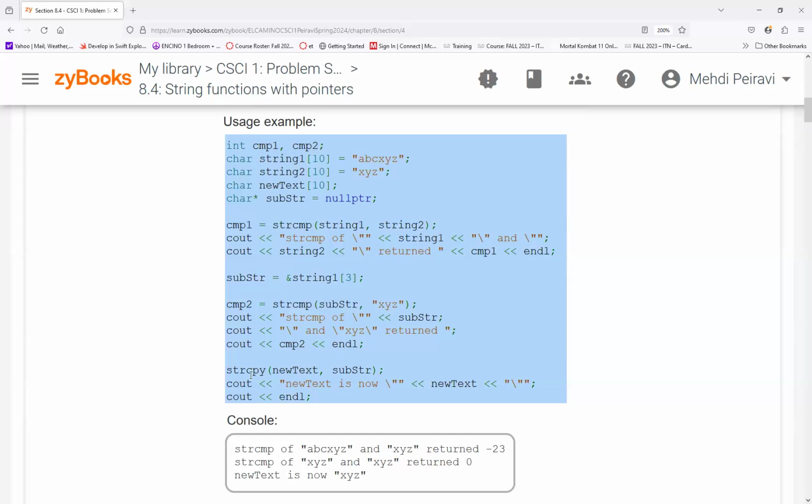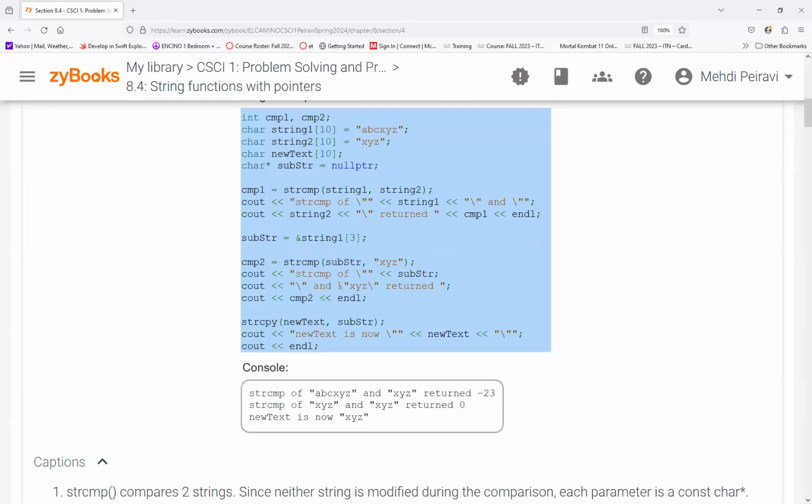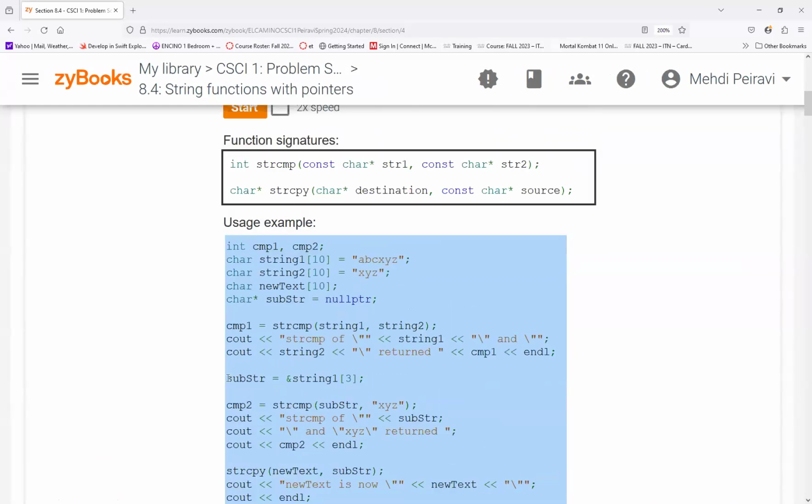With the strcpy, you can copy one string inside another string. When you say strcpy new text, sub str, you can see the new text becomes xyz. So in this example, you can see that we're saying sub str equal to ampersand string 1, 3. So when you do that,